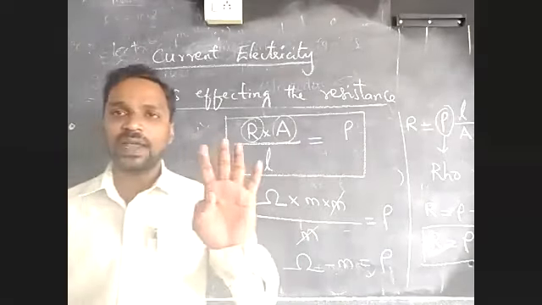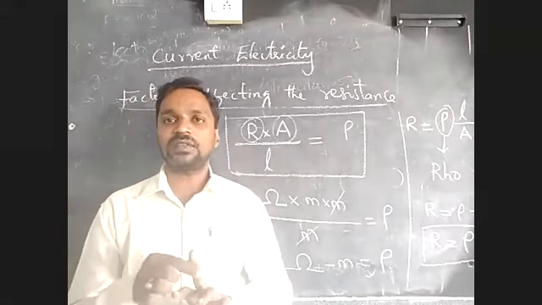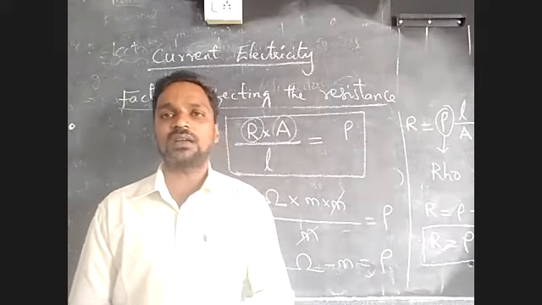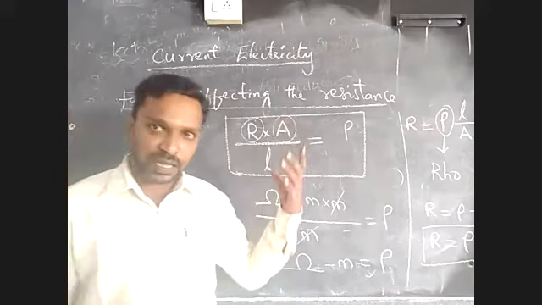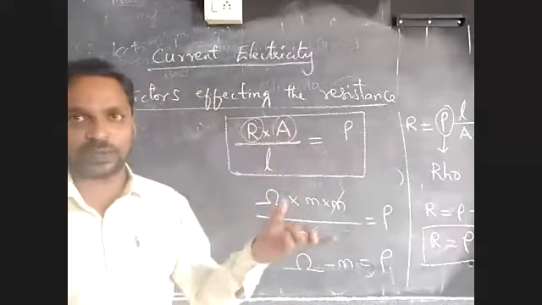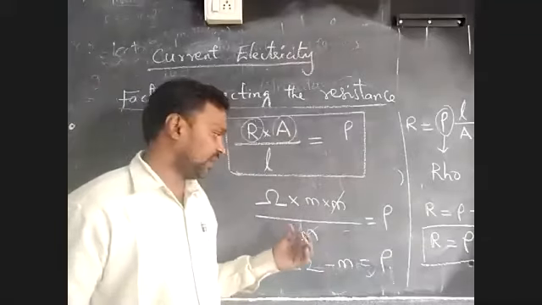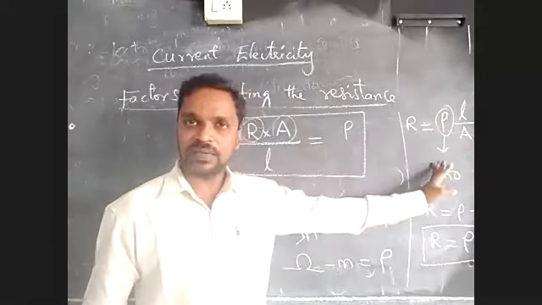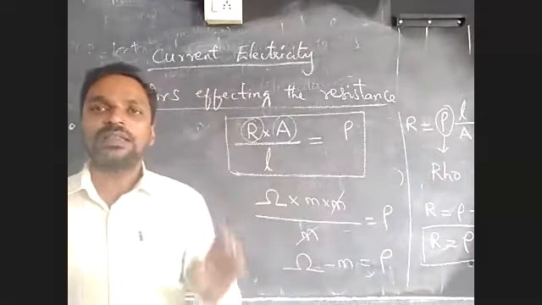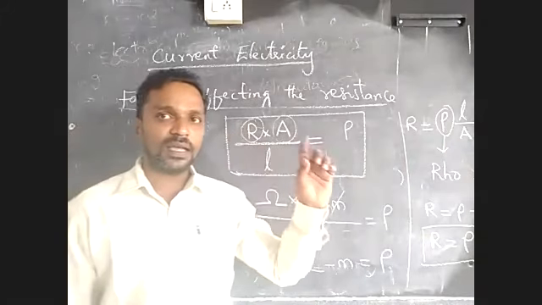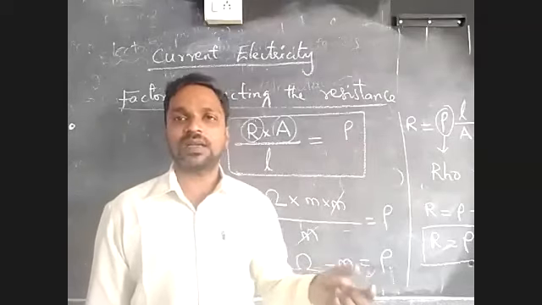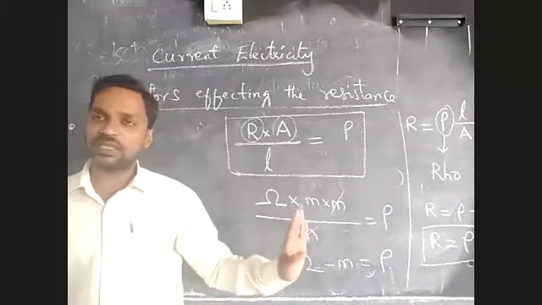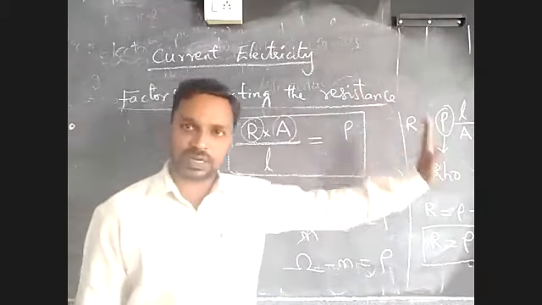So what are the 4 factors? First one is temperature, then nature of the metal. Next one is length of the conductor. Last one is area of cross section of the conductor. When you take the last two, the third and fourth, you get 2 expressions. After combining them, you get rho is equal to R into A by L, so R is equal to rho L by A. When A, the area of cross section, is unity and length of the conductor is unity, then R is equal to rho. So the specific resistance of the conductor is equal to the resistance of that particular conductor.